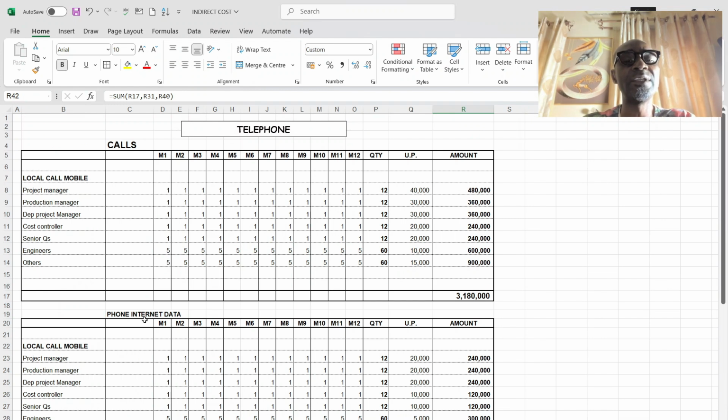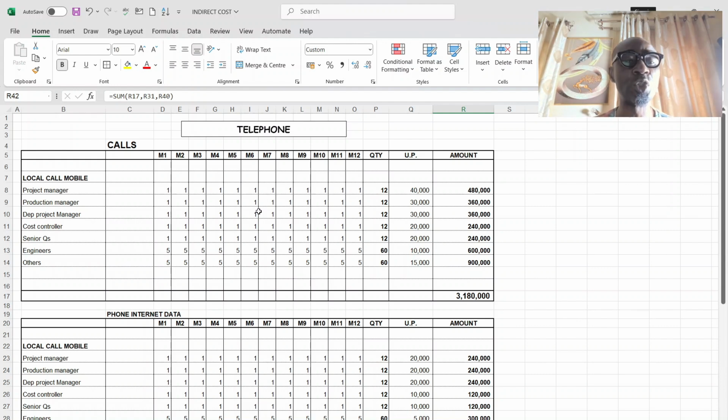The document that you need to analyze and determine who to provide these services for is the organogram. The organogram is where you have all the management staff tabulated in such a way that we all know who they are answerable to. And as an estimator, you should know the critical stakeholders on the project that need these communication gadgets